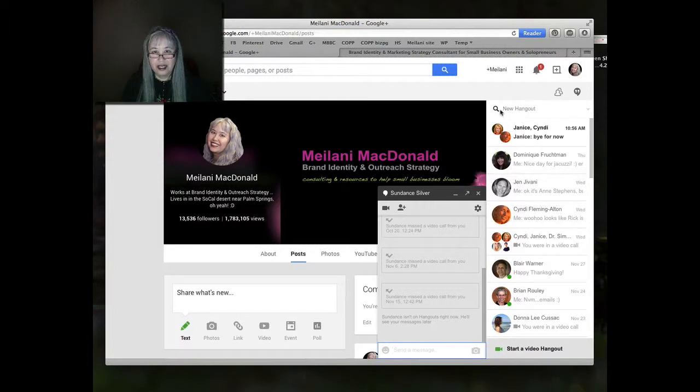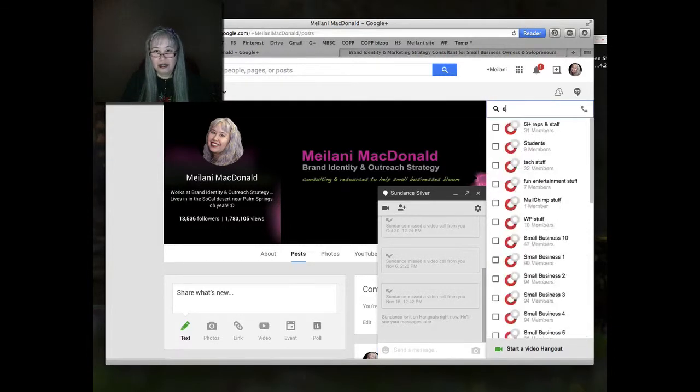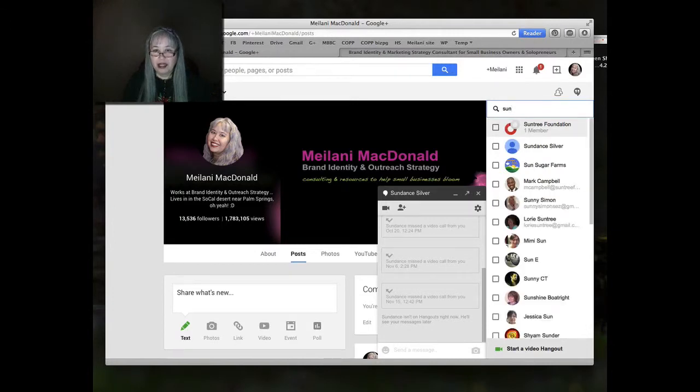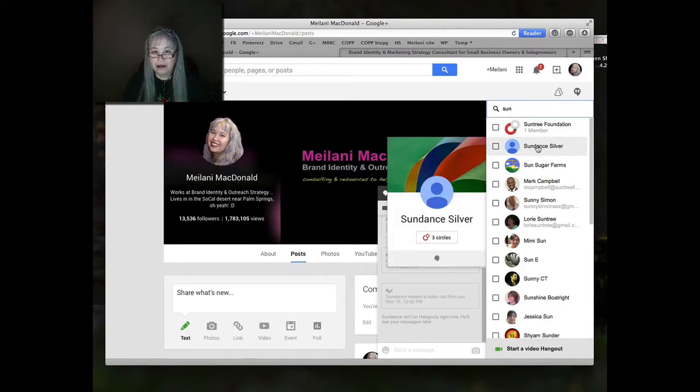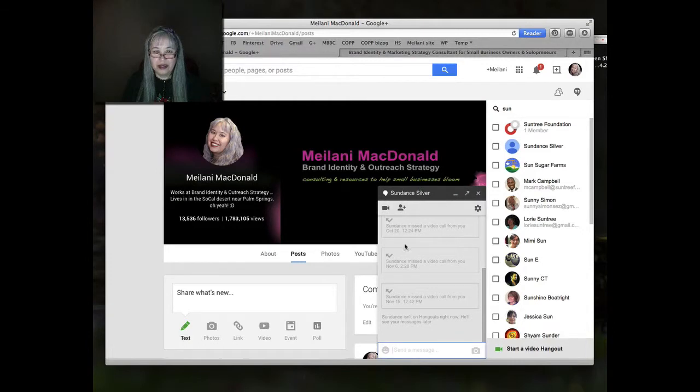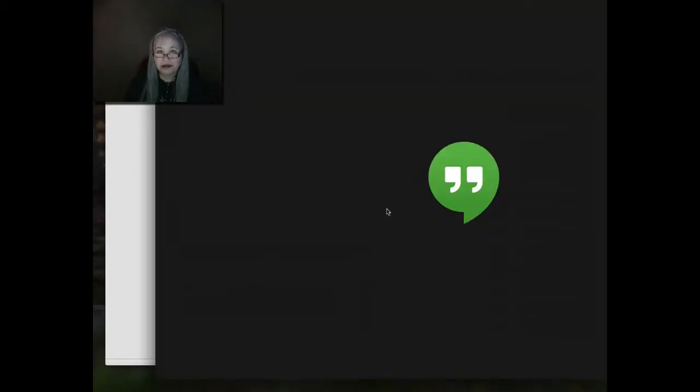If you saw what I did, I put their name up here, Sundance Silver, and when they popped up in the list I clicked on them, and that opened this box here, a personal chat box, an instant message box. Now there's a little camera icon in that personal chat message box. It says video call. I'm going to click on that camera,